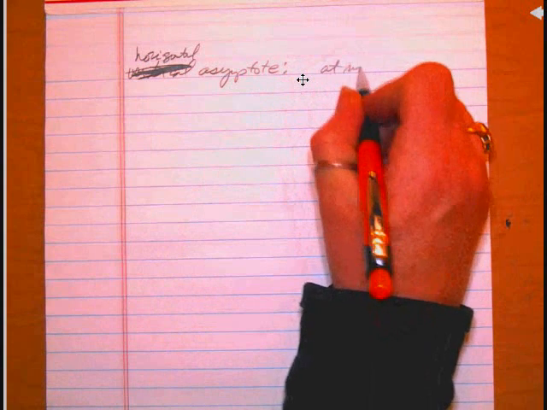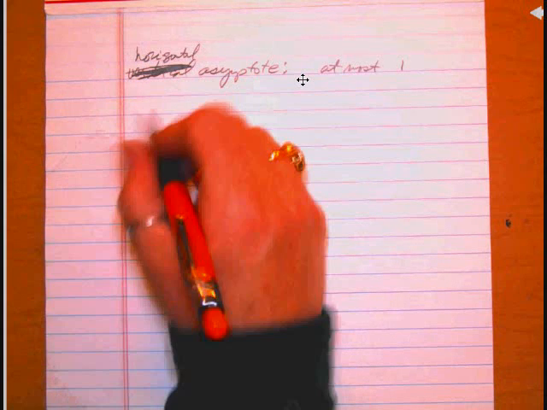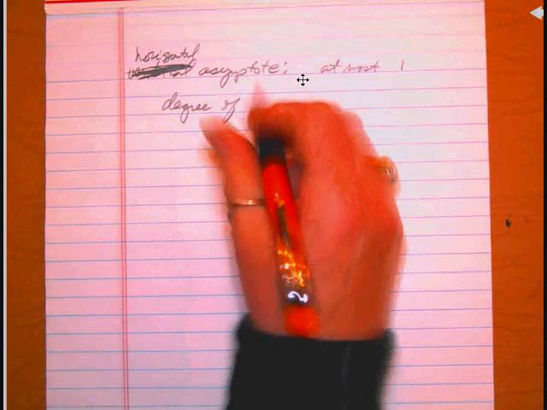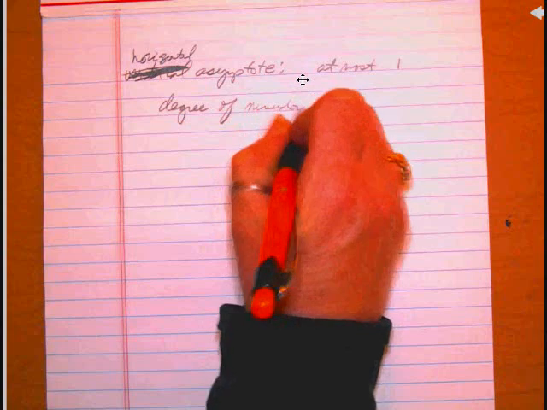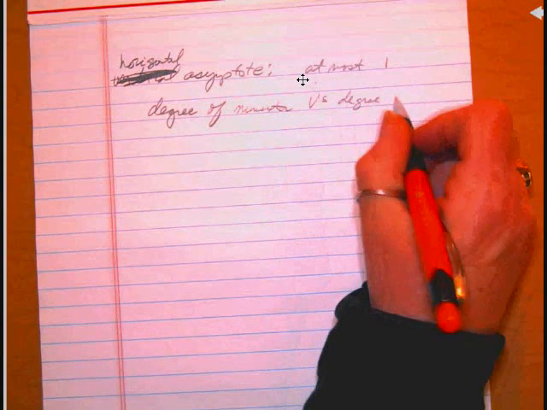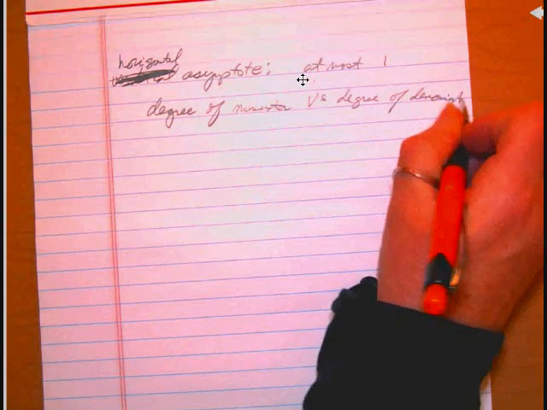Okay, so there's 3 rules to follow here. Vertical, horizontal. Sorry, we already did vertical, didn't we? Yes. So now we're on to horizontal asymptotes. You can only have one. Can't have 2 or 3, but you can have as many vertical asymptotes as you want. So now we have to look at the degree of the numerator versus the degree of the denominator. Remember, degree, if I have a